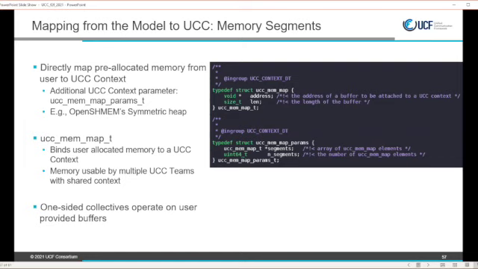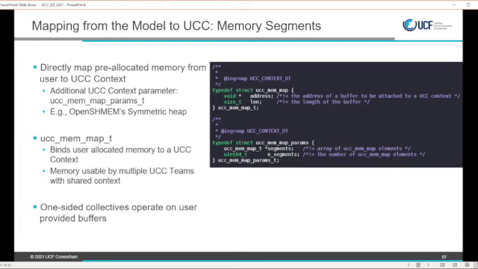In order to take the user pre-allocated memory, which may be allocated by the user or a programming model, and map that to UCC, we've extended the mem map params structures into two different structures, where we have ucc_mem_map_params_t on the right, which is essentially like an IO vector of memory segments. These memory segments could be, for example in OpenSHMEM, the symmetric heap and global and data segments that form the memory model for OpenSHMEM.